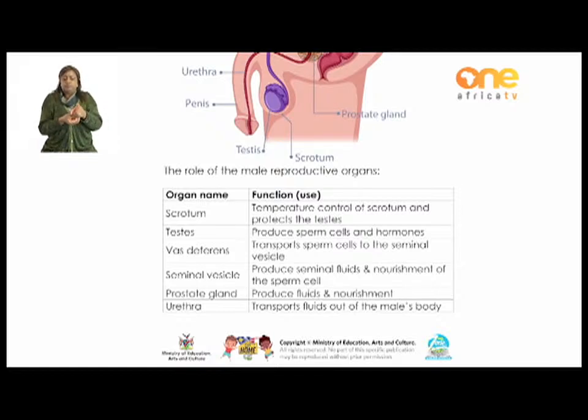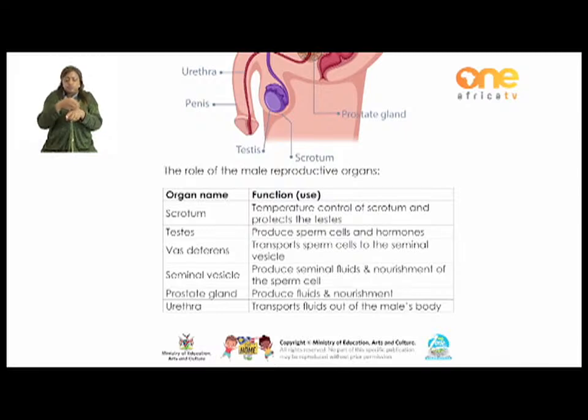The testes are responsible for producing sperm cells and hormones. In order for them to do this, they require an optimal temperature that is provided by the scrotum. And once they have been produced, the sperm cells and hormones must travel through the vas deferens